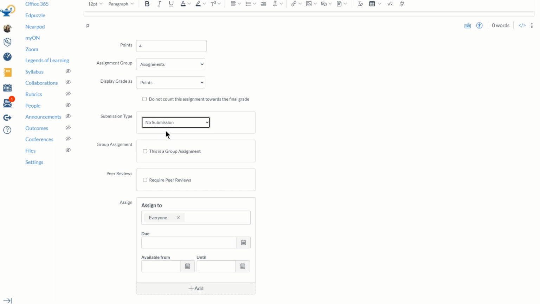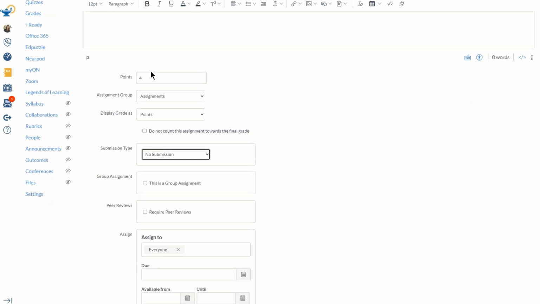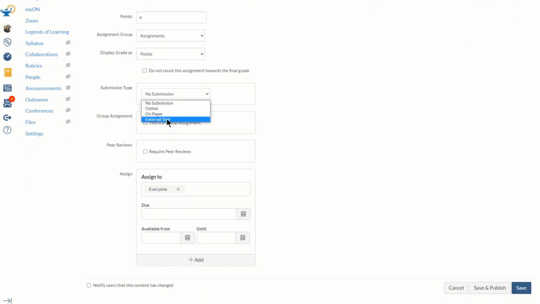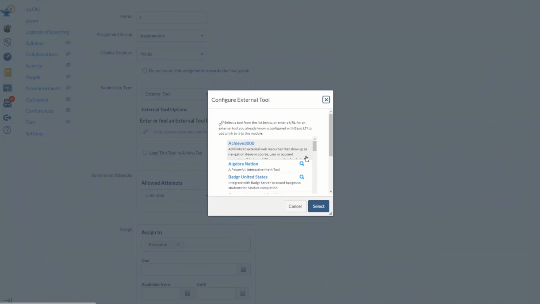So if you selected No Submission, that student would access iReady from the course navigation menu, and you would provide those instructions within the rich content editor box of how to navigate to where you would like them to inside iReady. Another option you can choose for submission type is External Tool. By selecting External Tool, you need to then enter or find that External Tool URL. So you can simply select the Find button. Here the tools are listed in alphabetical order, so you want to scroll down to the letter I and find